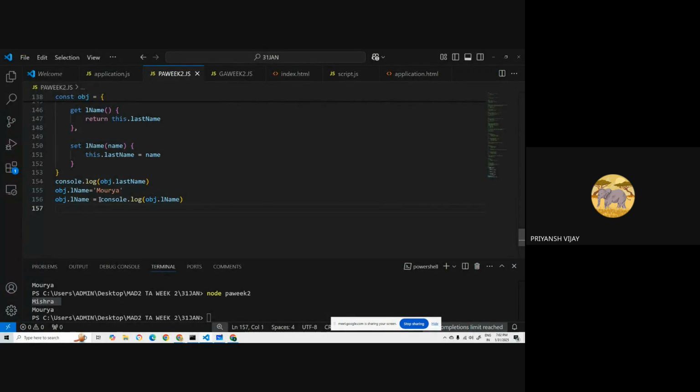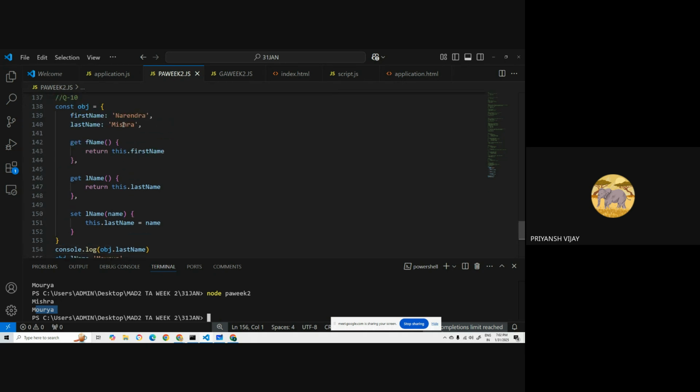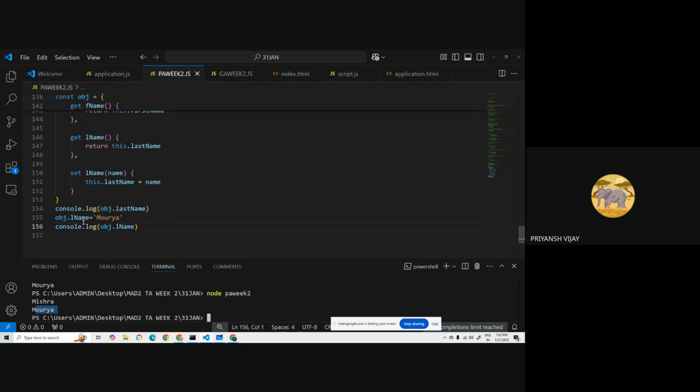So we should not do this. Why are we again calling this lname function with console.log(obj)? It should directly print Moria. Initially the last name value was Mishra, and after calling this